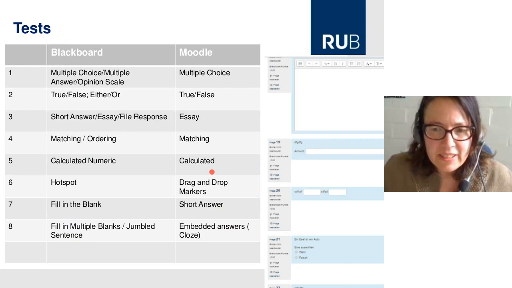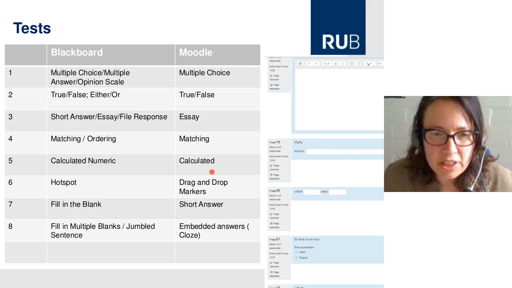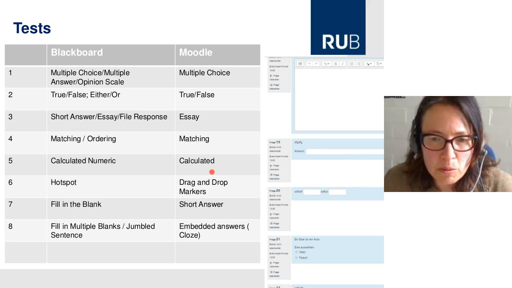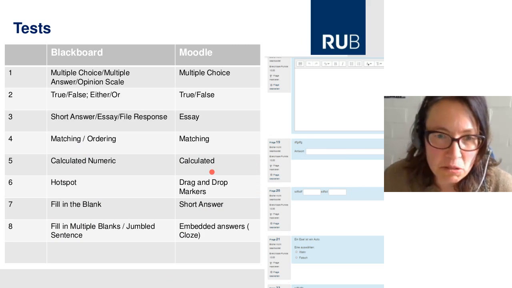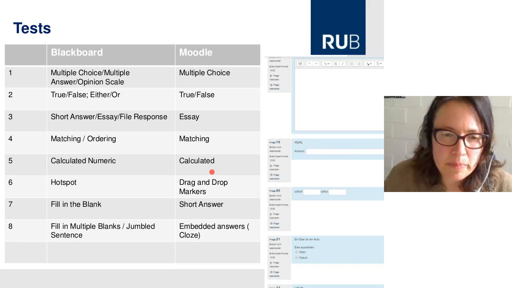Okay, and then the last part of the conversion is the test quiz section. Here you can see what is converted and how it is converted. It works pretty well, although it's not always adequate. For instance, even multiple choice in Blackboard, a fairly common question type, isn't, well, from the background, not the